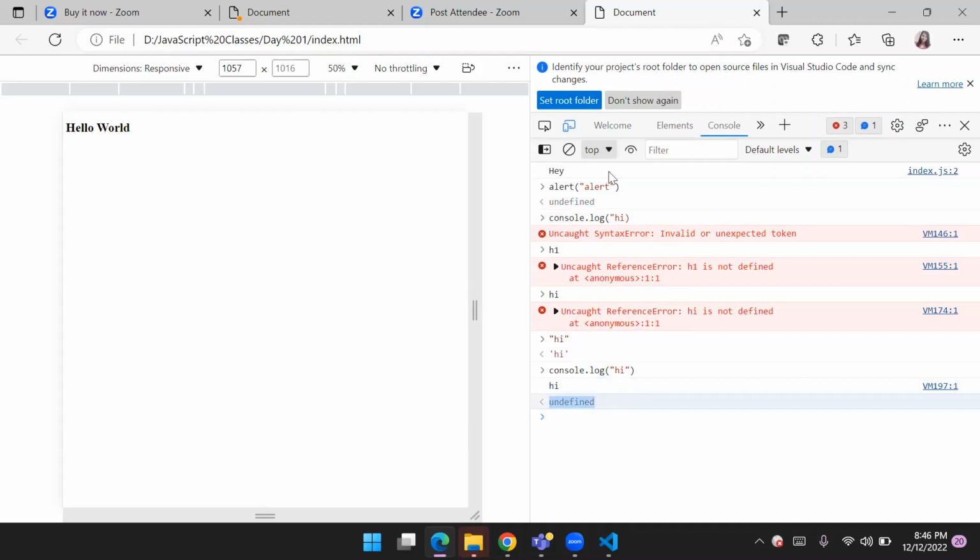And one thing you must notice here is that this undefined is written everywhere. Undefined is because it is not returning anything. Note that it is not returning anything. That's why it is giving us this undefined. You will get what is meant by returning something afterwards. But here also, because we are seeing it as undefined, you must say it. Now going back,